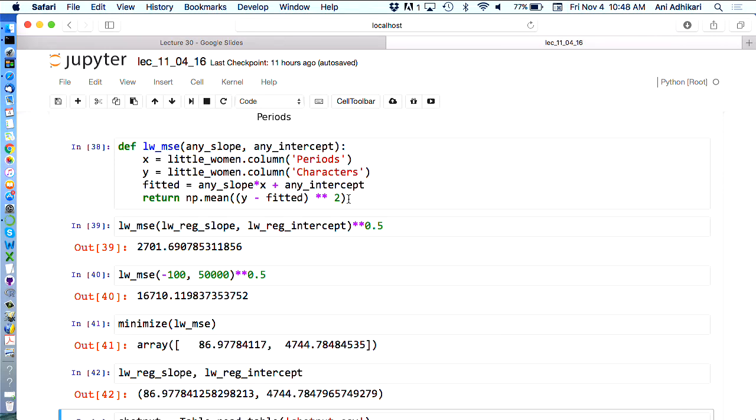So minimize does all that work. It goes back to the definition of the function and says, what does it return? It returns this last line, whatever that is. I've got to find the smallest value of that, and I've got to spit back the values of the arguments corresponding to that smallest value. Okay? More questions. There should be questions about minimize. It's the most subtle function that you have seen thus far. It's a function that takes a function as an argument. Yeah?